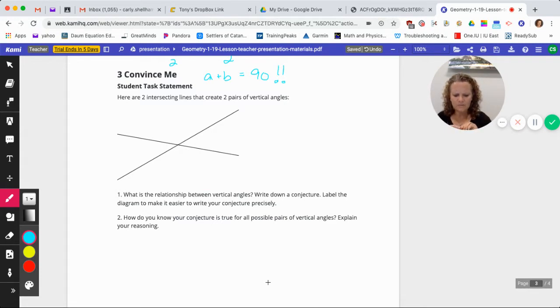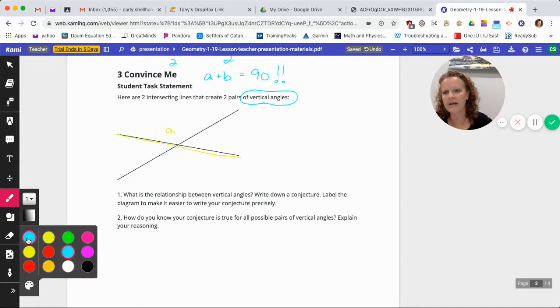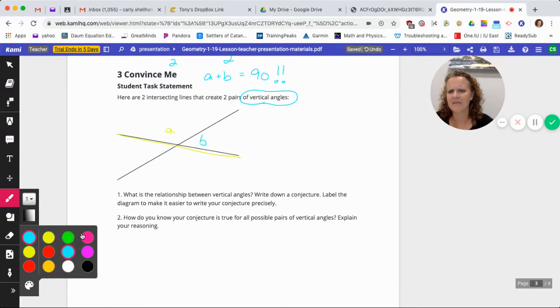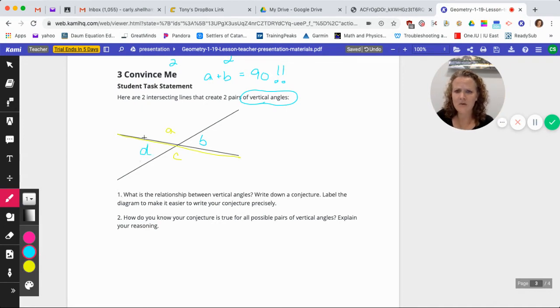All right, really important here. Convince me. So here we're talking about 2 intersecting lines, and we create 2 pairs of vertical angles. This is another vocabulary word that's going to be super duper important because we're going to use it quite a bit. So what is the relationship between the vertical angles? Write down a conjecture. Here I have a line, and we're going to label this angle A, angle B. No, let's do this. Angle A, angle B. I said angle B and wrote angle A again. Cool. Angle C and angle D. All right. So I know that